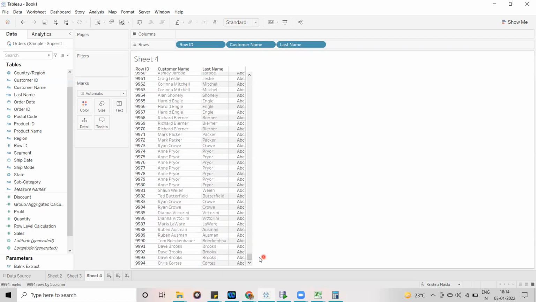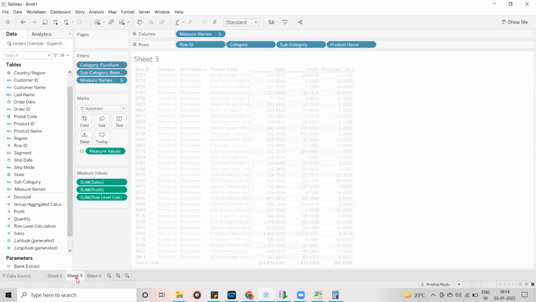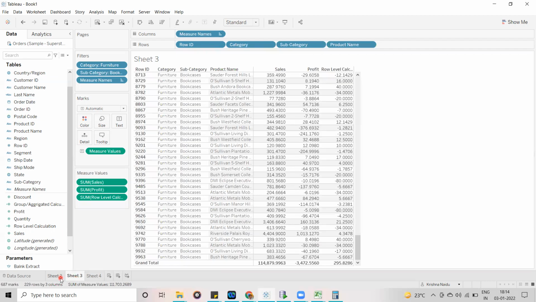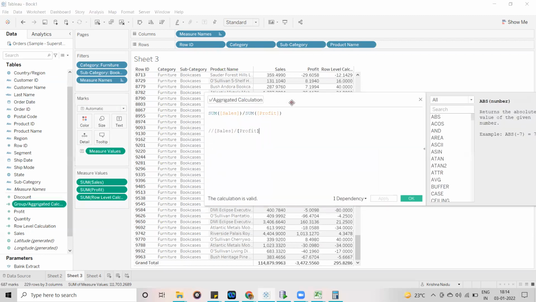In this case, whenever you are going to do something in the string fields, then you can go with this. But whenever you are calculating something, you have to use aggregation, guys. Always remember, whenever you write any calculation, you have to use sum.